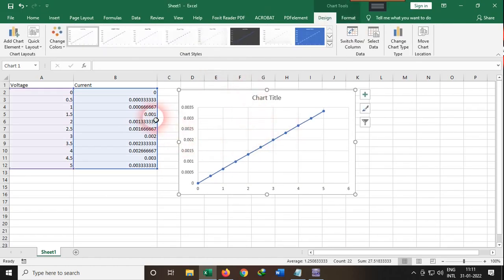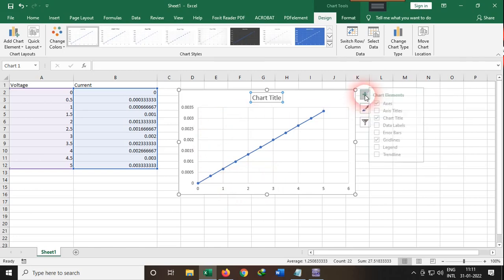This graph has all the values of data which we got from Multisim. Here, the x-axis is showing the voltage, the y-axis is showing the current. Now you could also rename this chart. You could write here verification of Ohm's law chart, or something else. You could also rename the y-axis and x-axis.